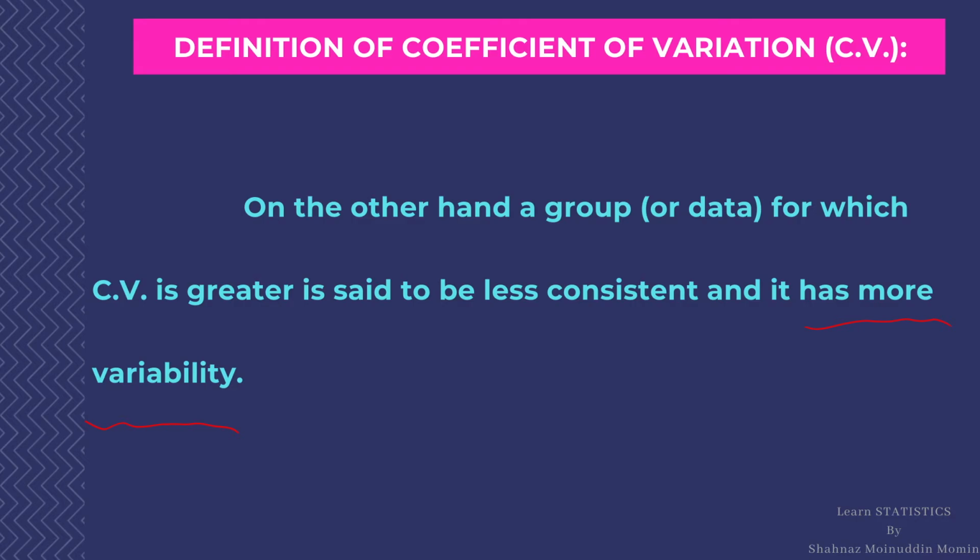In the previous lecture, we have discussed different measures of dispersion and examples on them. If a student wants to learn the examples on the various measures of dispersion, then click on the I button at the top right corner of the screen, and a link of that lecture is also mentioned in the description below. In this lecture, we discussed what is coefficient of variation, its definition, and its use.